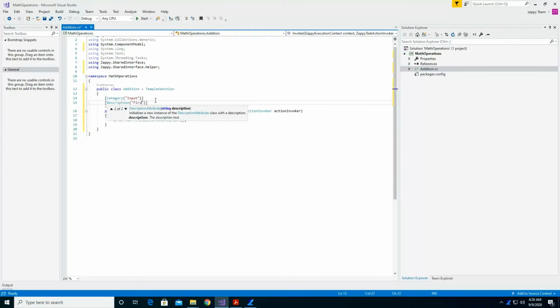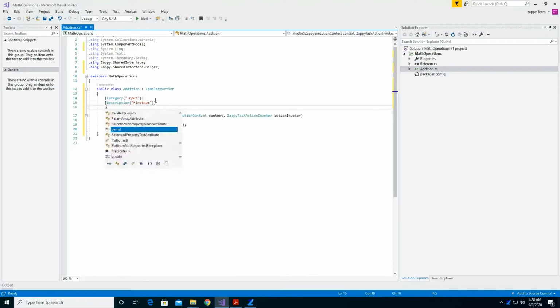This is what appears in my property panel. Whatever value you give here is going to appear in the property panel. Now I'll declare the variable: public dynamic property.